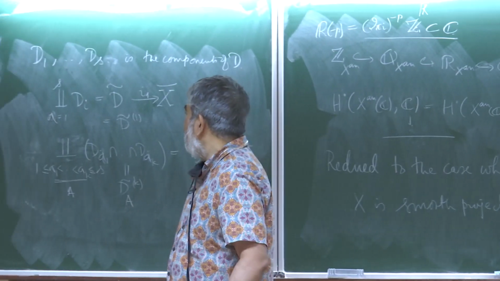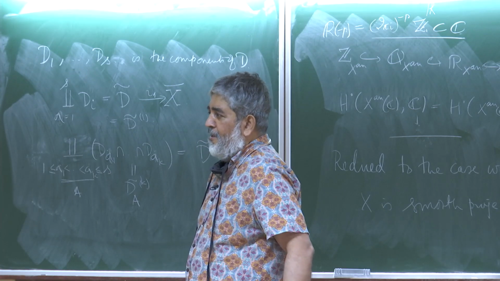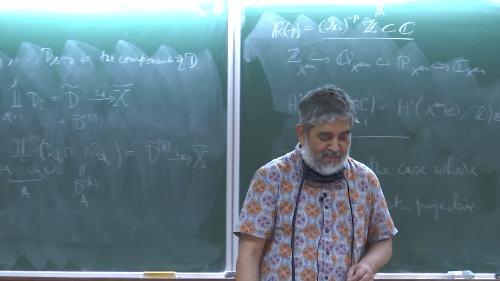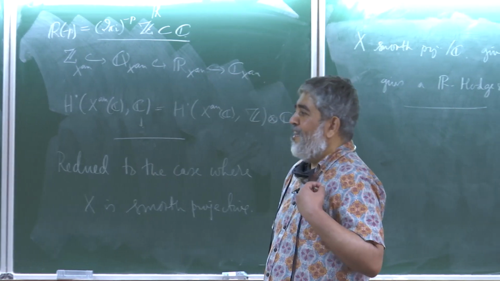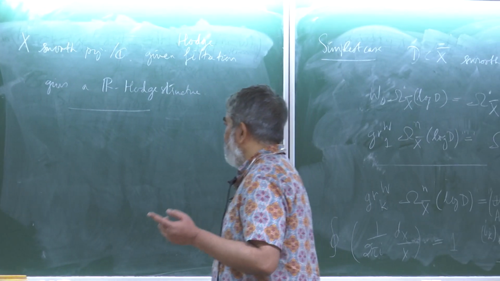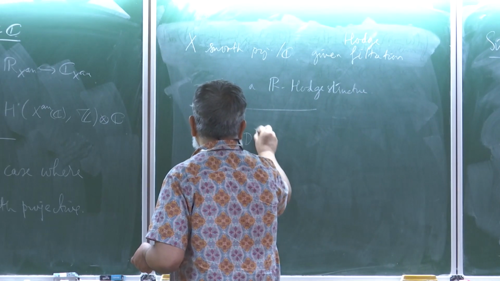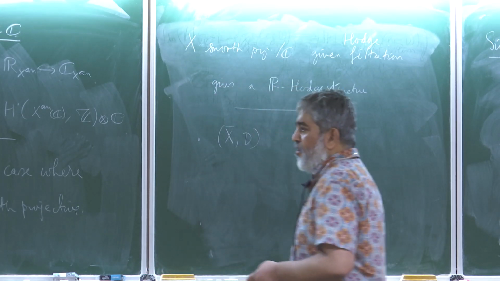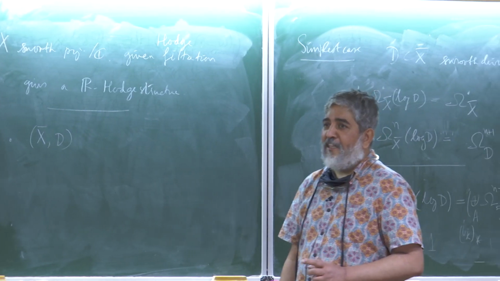I'm just thinking, you had that basic example where D was smooth. You can write the long exact sequence of a pair. Yes, so this was Srinivas's remark, that you look at X minus D, and then you can talk about it for a pair. My remark was something else.